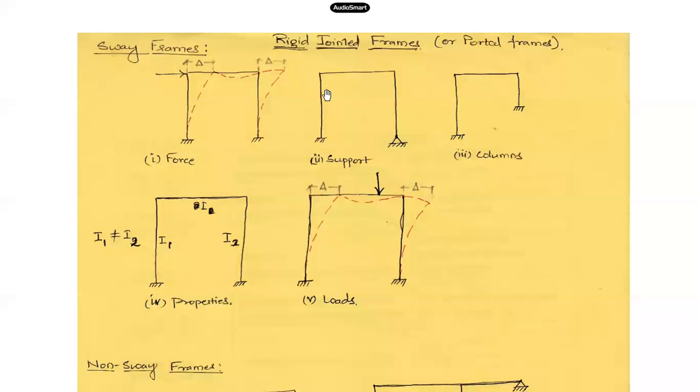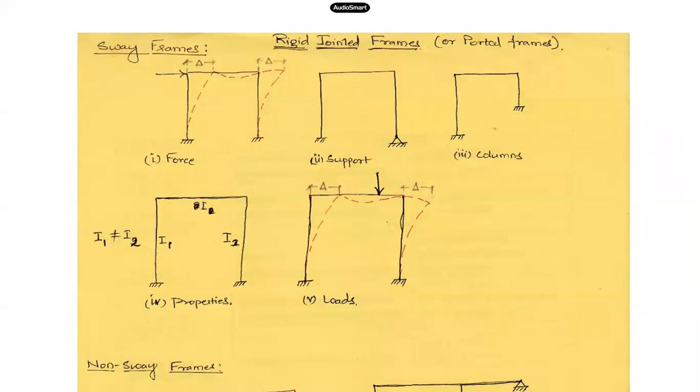In case of a pin jointed frame, there can be a relative rotation between any members which are connected at the joint. A truss is an example of a pin jointed frame. You have heard of these truss members or structures; they are all pin jointed frames. There we don't take the joint to be rigid. We consider it to be pin jointed, wherein rotation is allowed at that joint.